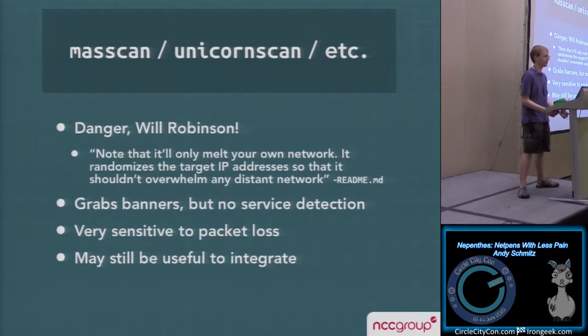A lot of our clients, even if you're just doing 1 or 2 scans with Nmap, their network team will call us up and say, hey, our switches have too much utilization. Please stop. So we figured that trying to integrate something like mass scan might not work out too well for them. It also doesn't have as many of the features from Nmap that we'd want, but still could be useful to integrate into some sort of tool, just because